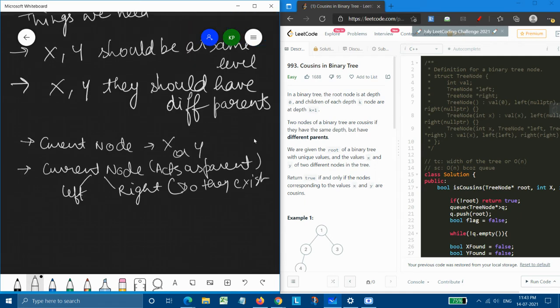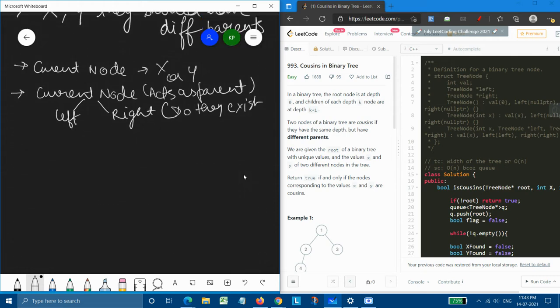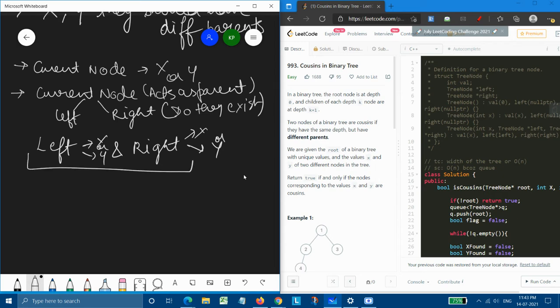If its left and right exist, then we need to check whether left is x and right is y, or left is y and right is x. At this moment, because it has a common parent, we'll simply return false and we won't proceed in this tree traversal.